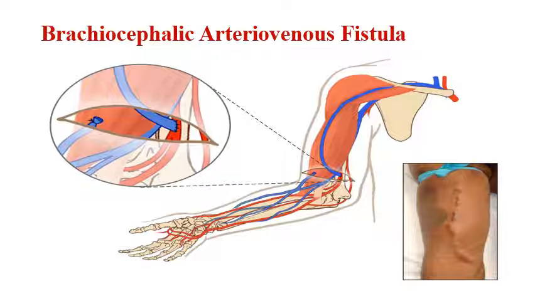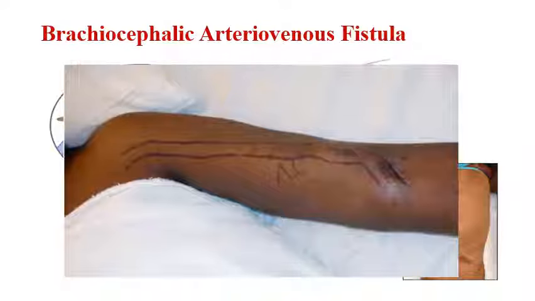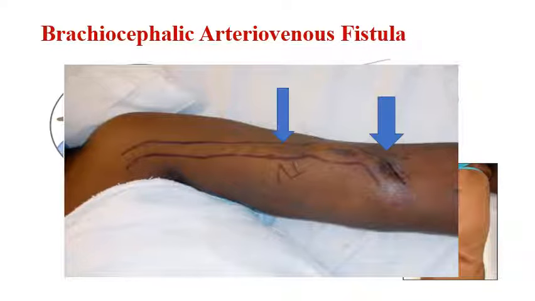After this is the brachiocephalic, like what's shown in the picture here. You can see the vein and the scar. The first arrow shows the scar of the operation at the cubital fossa, and the second arrow shows the vein which is formed after.